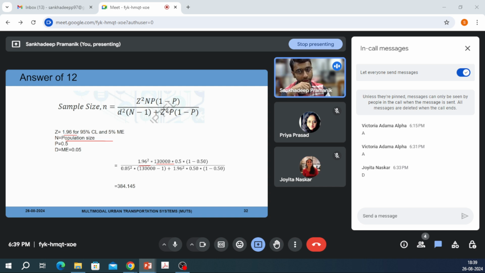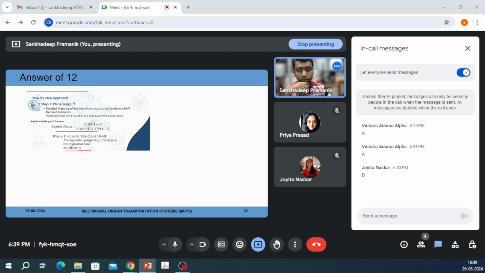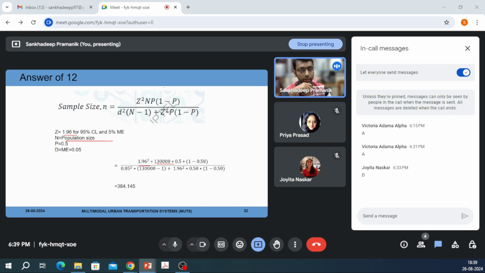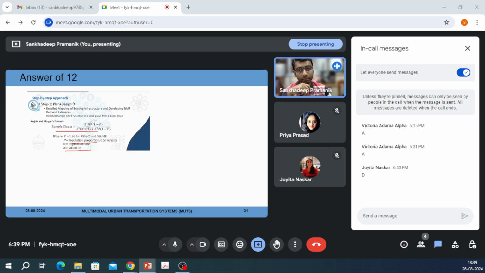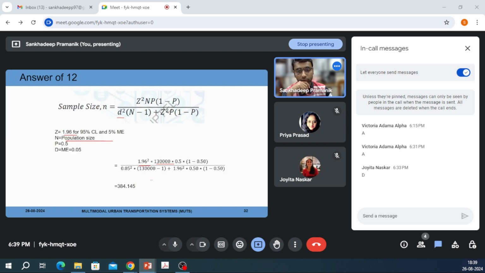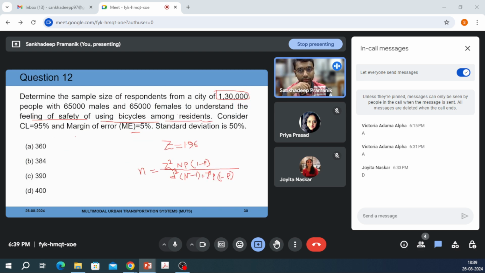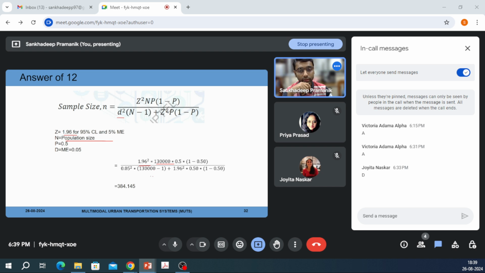The population proportion p is 0.5, and 1 minus p, d is the margin of error, which is given as 5%, and Z is 1.96, p is 0.5 again, so 384 will be the